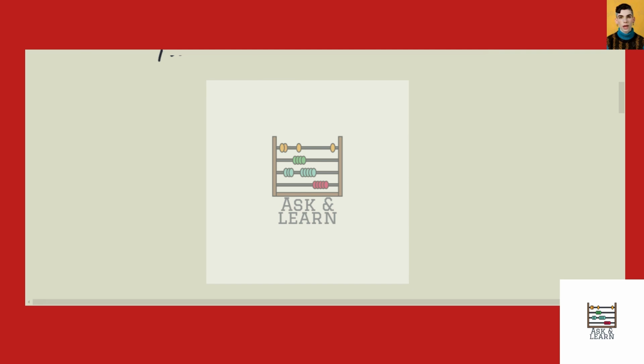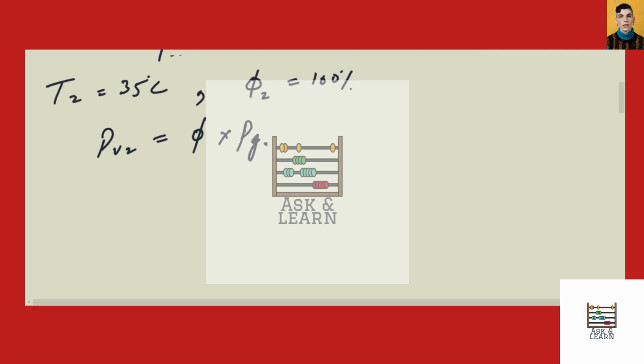First, we use the given temperature, T2 = 35 degrees centigrade, the relative humidity, phi2 = 100%, and the pressure P to determine the vapor pressure PV2, which is phi × PG2 = 1 × 5.6291 = 5.6291